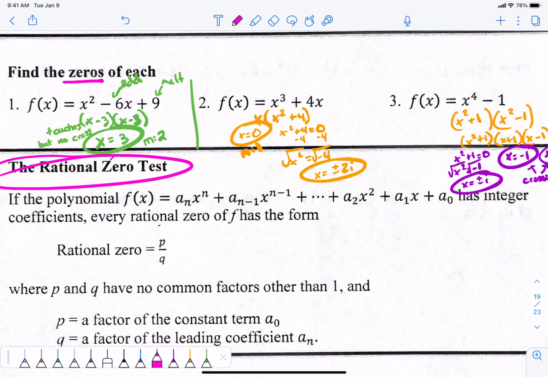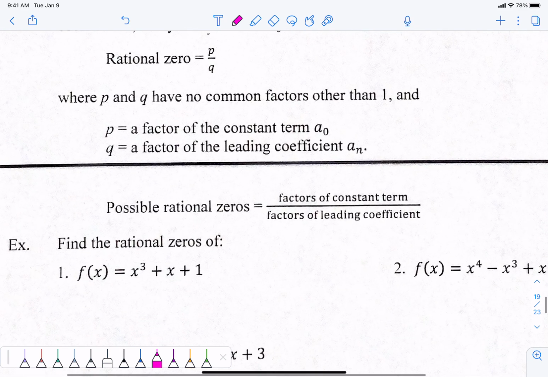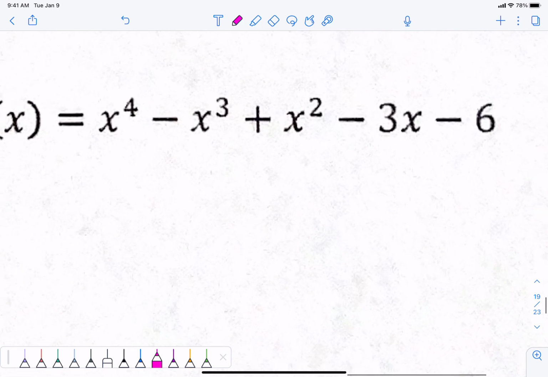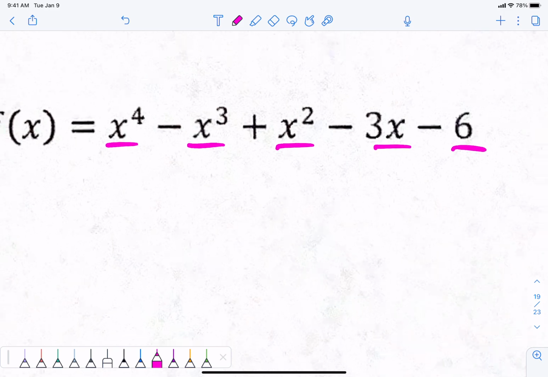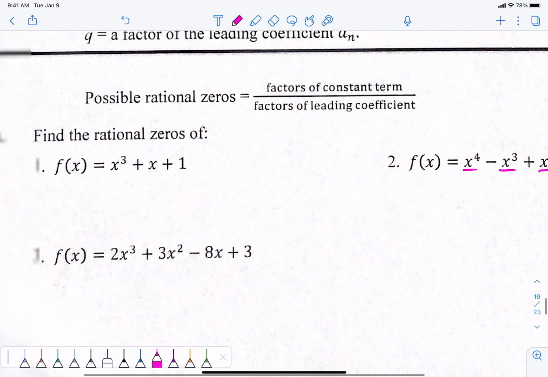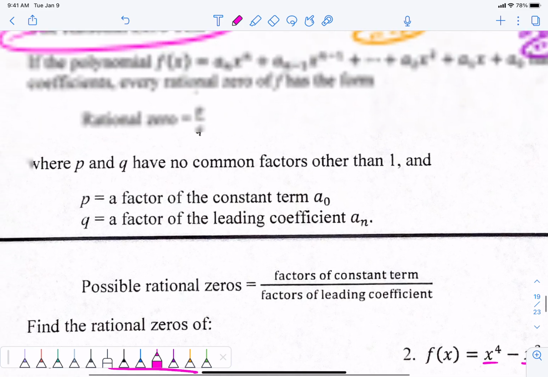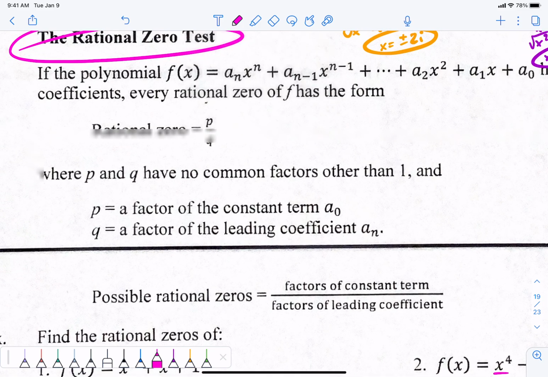We can try to pull stuff out, like the greatest common factor method. We could try to do the difference of squares, factor by grouping, those types of things. The rational zero test is for stuff that is so big, like here is x to the fourth. We have 5 pieces here. There's no way I can factor stuff down when it's 5 pieces long. When everything else fails, like there's no way of factoring that down because it's a cubic function, right? When it's so big and everything else fails, we do the rational zero test,